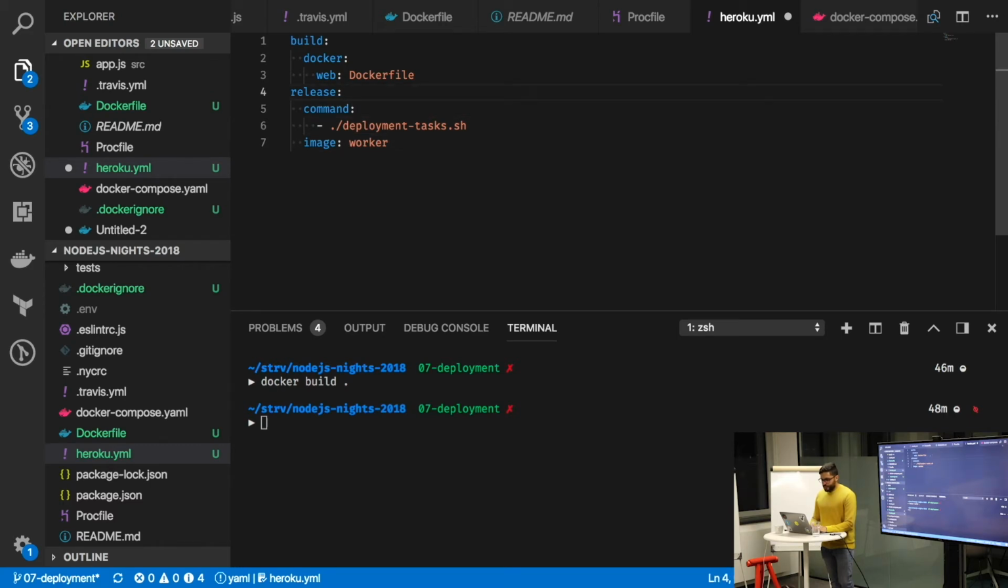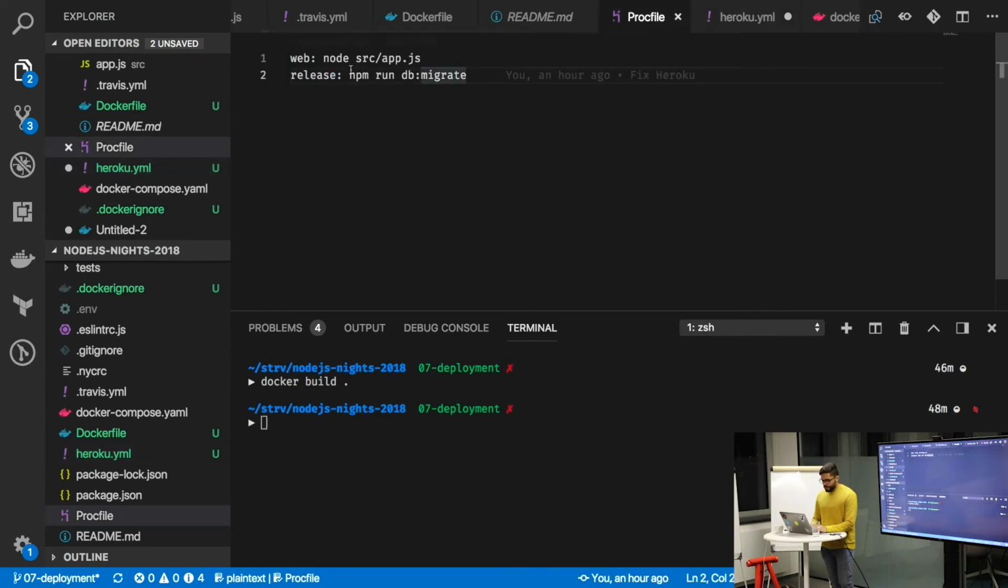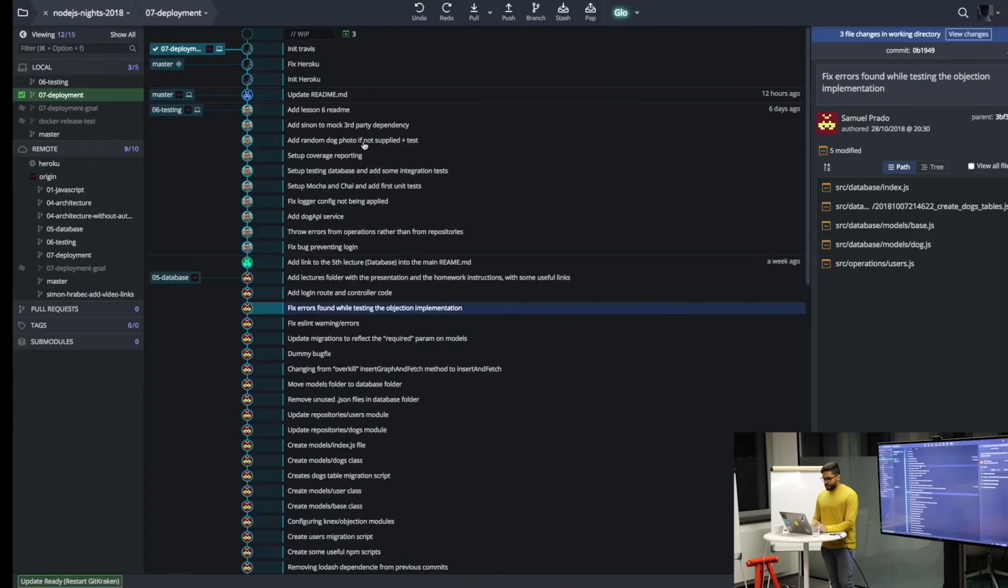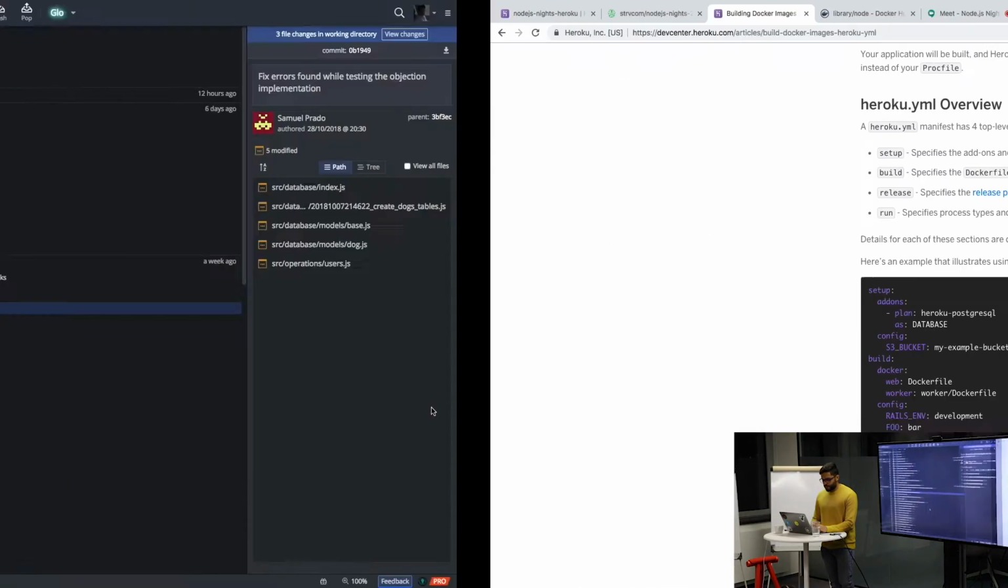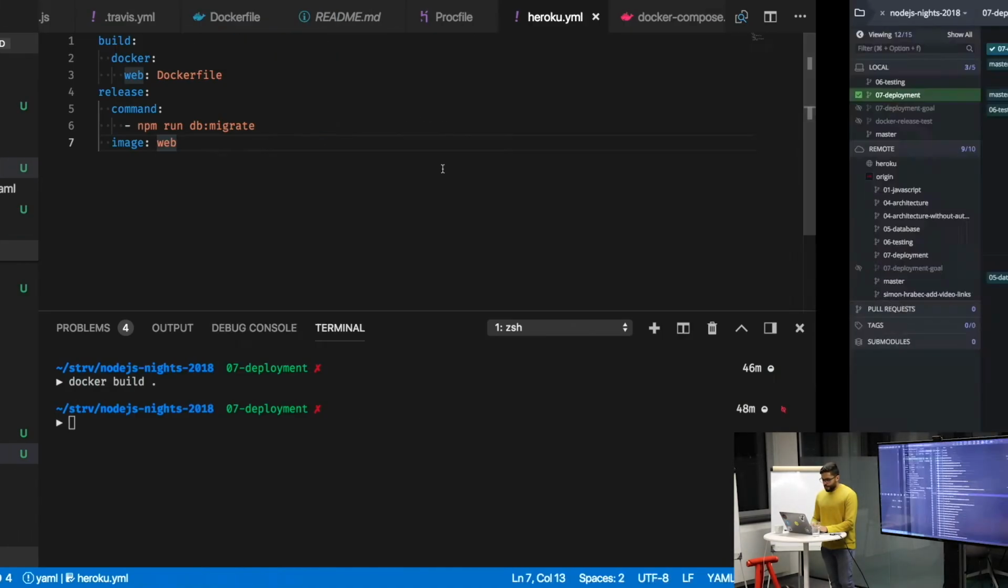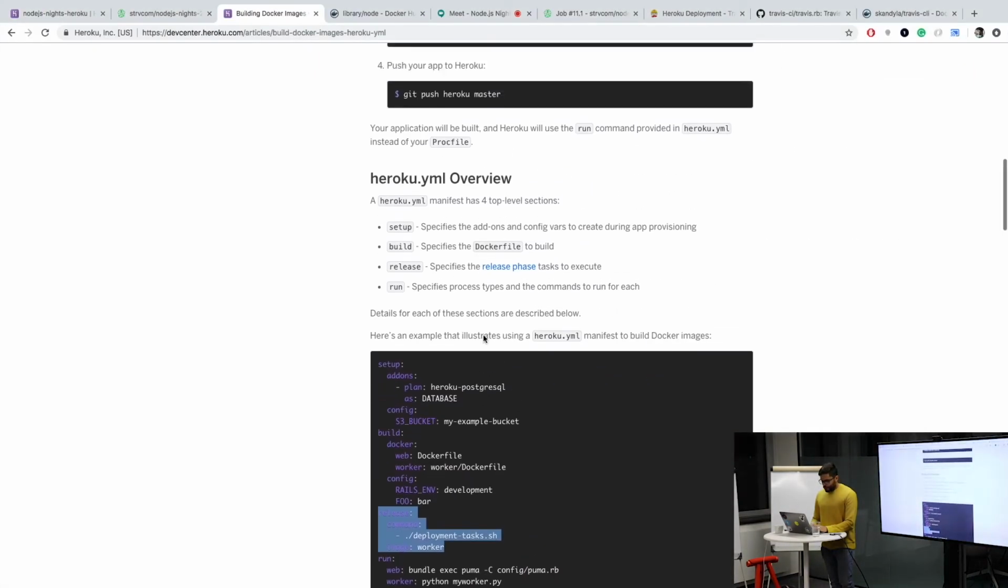Here we specify the command, the release command that we want to run. Basically we just copy and paste this, because it's exactly what we want. And the image is not a worker. This is because in the example they're using workers and stuff, but that's not our case. We want to use the same web image that we have built here. And I think that's pretty much it. But there's one step